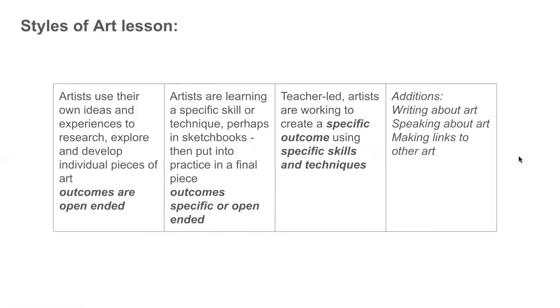Another thing to keep in mind, and I talk about this in some of the other training that I have online, is that we might have different approaches to our art lessons. So, for example, one approach is that artists use their own ideas and experience to research, explore, and develop individual pieces of art. So, that might be an example where you said to the class, in a very student-led way, I want you to choose an issue or a news story that means something to you, and you're going to make a collage about it. You'll get outcomes that are open-ended, and they'll be very, very different for each child, which makes assessing from a skills and techniques